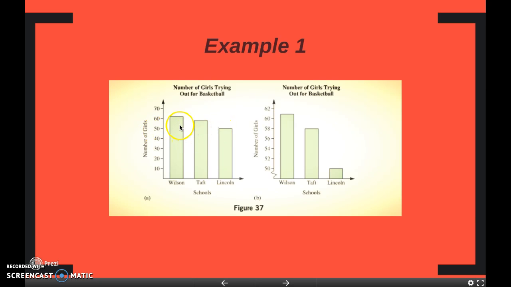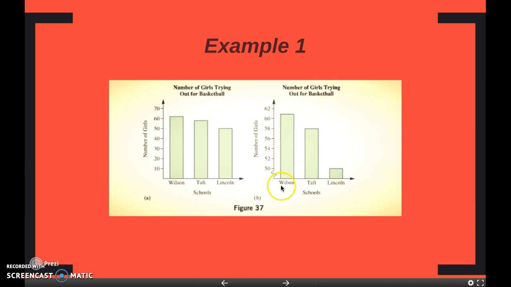So when we look at this, we can get that the number of girls trying out for basketball at every school is pretty much similar, right? There's not a huge difference. But when we look at this graph,